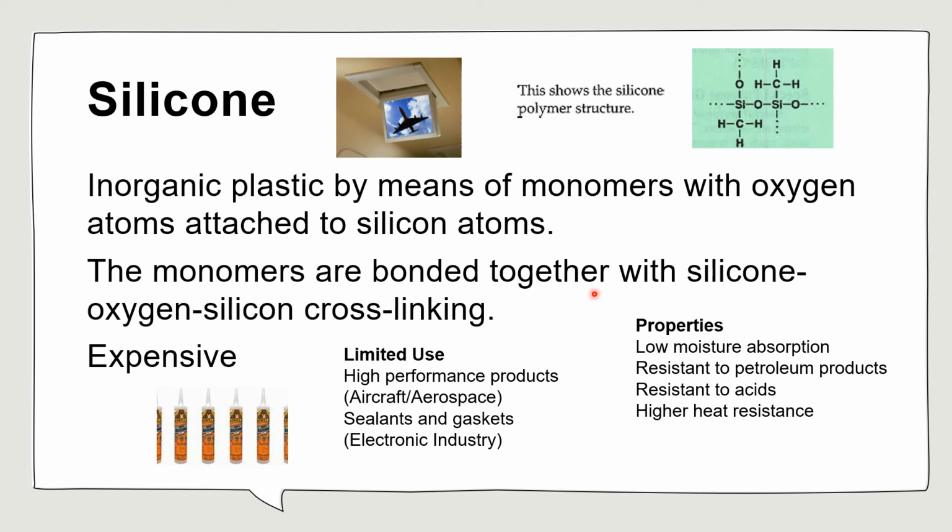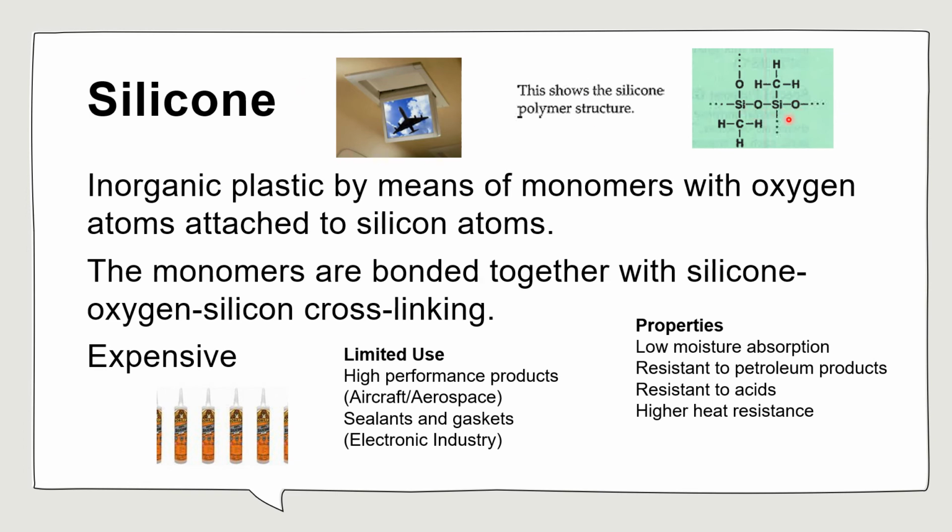So that's another group in thermosetting plastics. Inorganic plastics. The monomers have oxygen atoms, right? When you look at the monomer, you can see the little oxygen atoms, three of them, attached to the silicone atom. We call that inorganic. There's silicone in it and oxygen in it. Organics are mostly C and H, and O. So I have one inorganic silicone right in there. That's why we call it silicone.